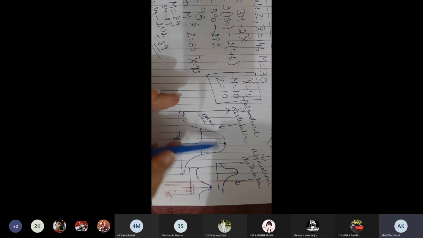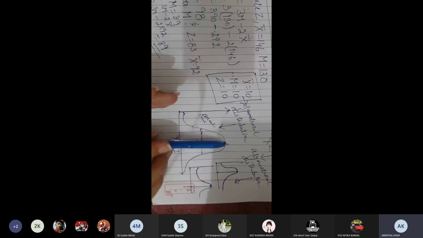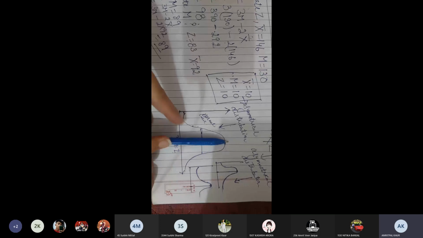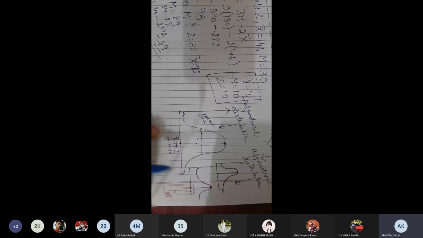From this line, when you see this area, both sides the curve is going in the same shape. Can you see it? Both sides the curve is going in a similar direction. So this shows that in such a type of graph, mean, median, mode, all three are equal. If this is 10, this will also be 10 and this will also be 10. We call it symmetrical distribution, that there is a symmetry in the distribution. Symmetry means things are perfectly arranged. From this maximum point, left side and right side, all the values are the same. So we call it symmetrical distribution.